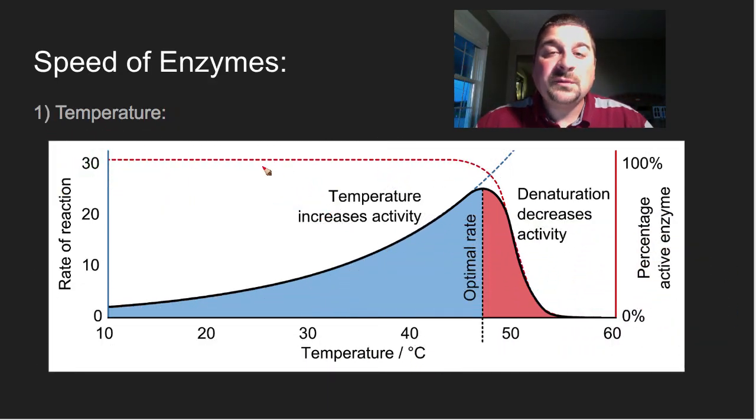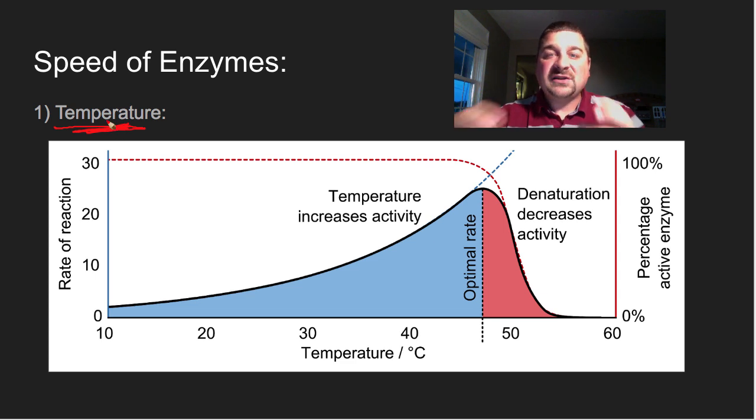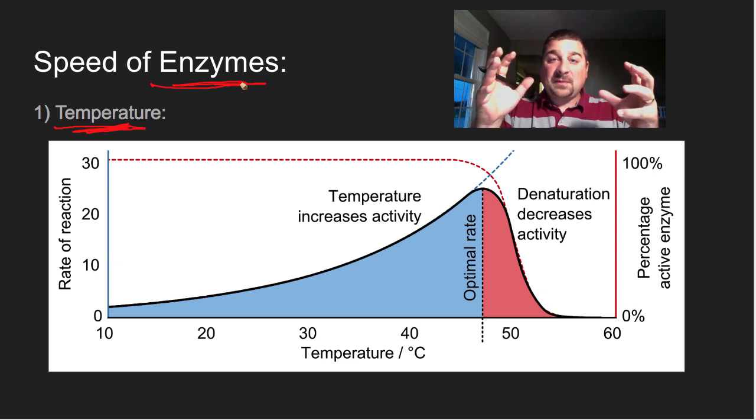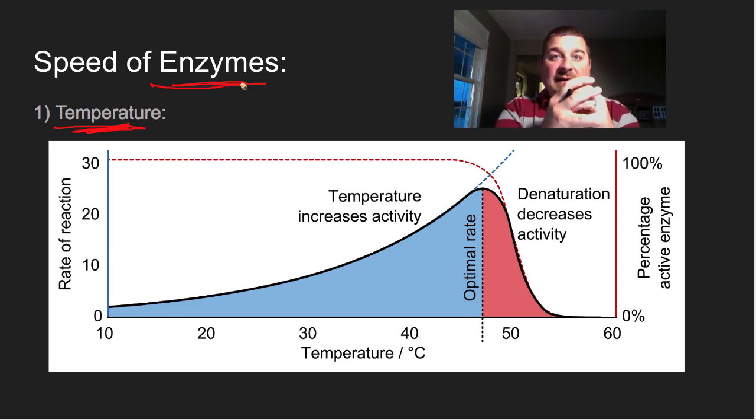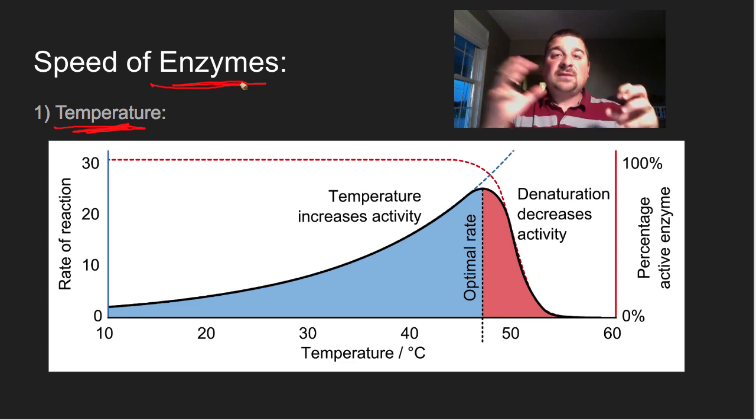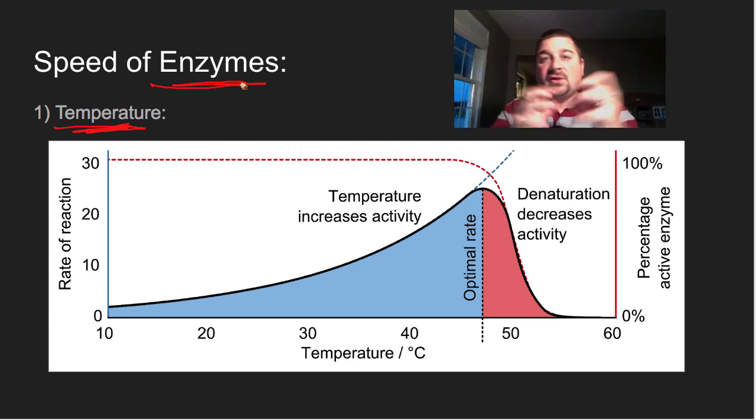Enzyme speed is regulated by 3 things. The 3 things, first of all, being temperature. Remember, the definition of temperature is the average kinetic energy of molecules, so how fast molecules are moving. If you increase the temperature, how do these enzymes work? Well, they're floating around in the cell, and remember the active sites need to hit and connect with a substrate. So if the molecules are moving faster, there's more of a chance that they'll run into each other and that